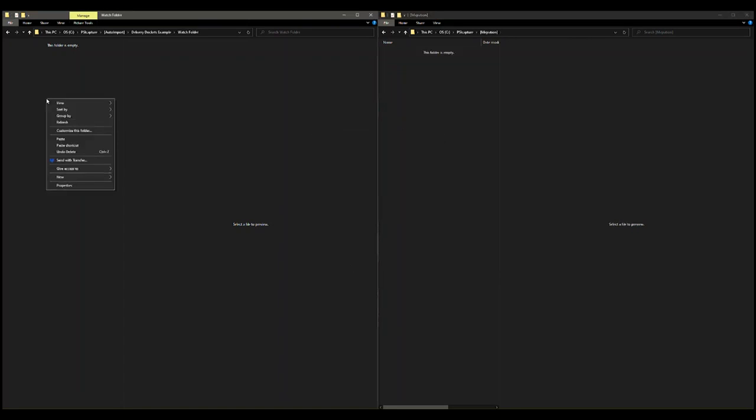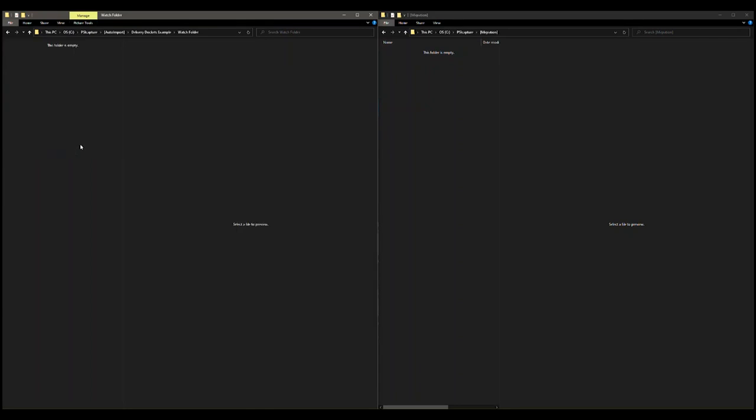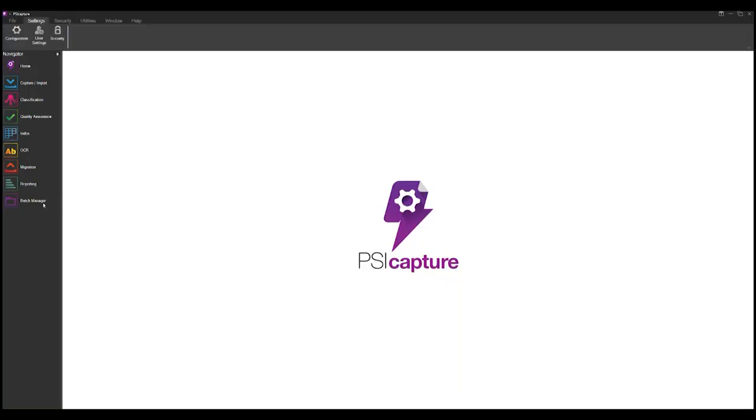And on the left-hand side here, you can see that we've got a watch folder. Now, if I had a dedicated scanner, I'd be able to scan these documents in as well, but if a multifunction device is scanning to the network location, we can do that and scan to a location, and PSIcapture can monitor that location or pick up from the scanner and process those documents. You can see those documents have now gone, and we can come into PSIcapture and look at the batch manager